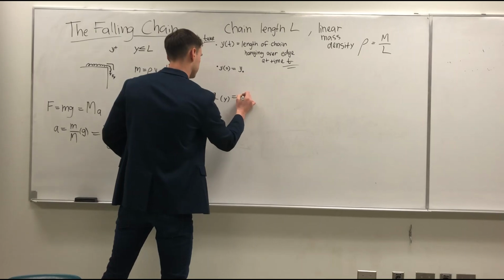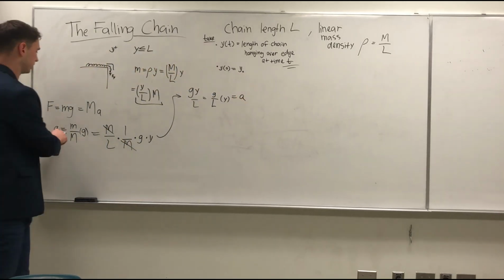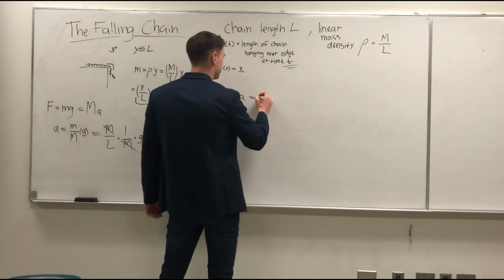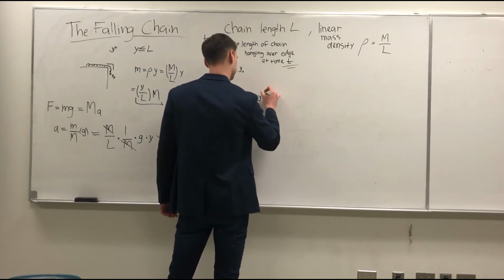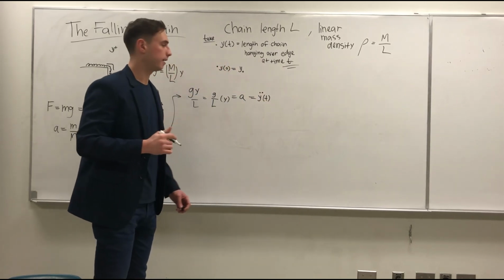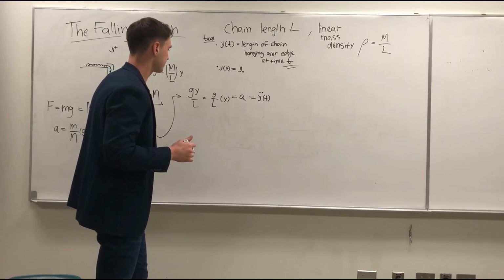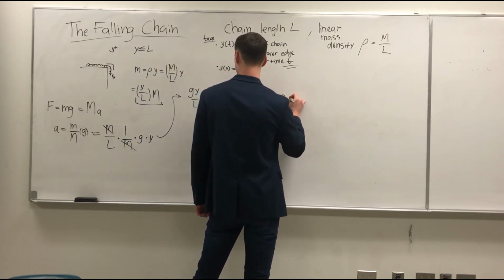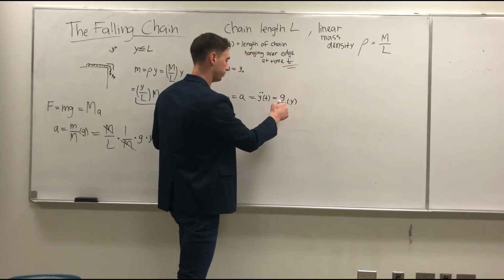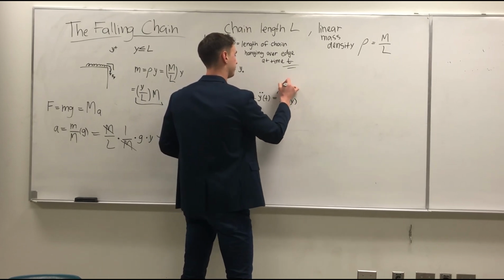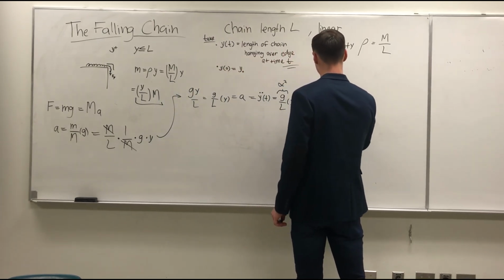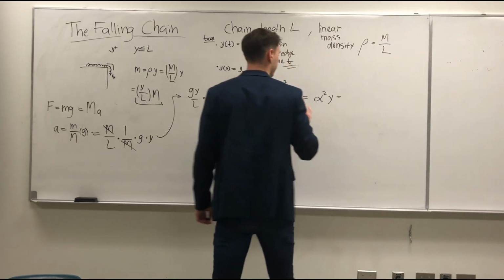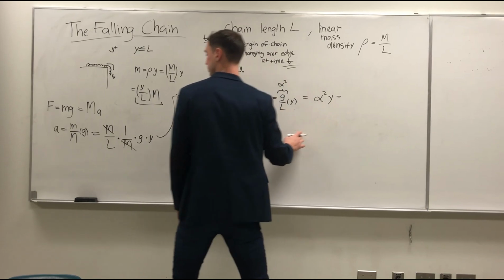Here's what we're going to do. This is still A, the acceleration. So acceleration equals this, equals this, equals acceleration. What is acceleration? The second time derivative of y of t, as we all know. Now I'm just going to rewrite this again: g over L times y. We're going to call g over L, this expression here, alpha squared, and you'll see why. So it's equal to alpha squared times y. This is a differential equation with a solution of the form,